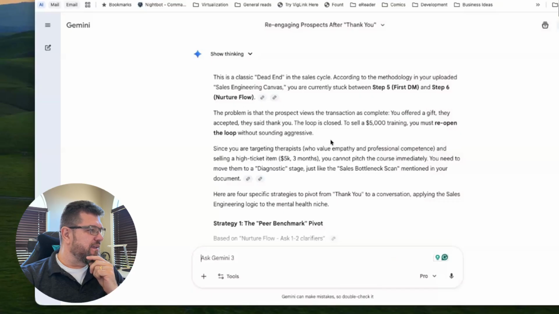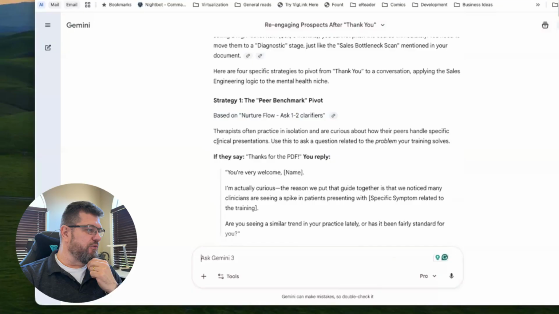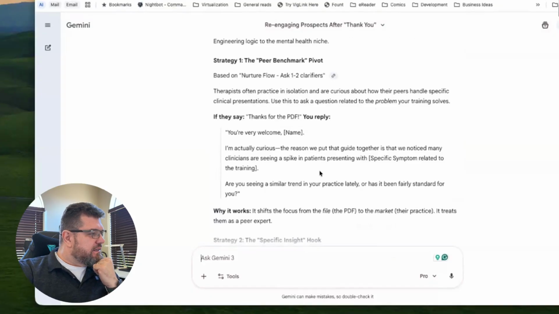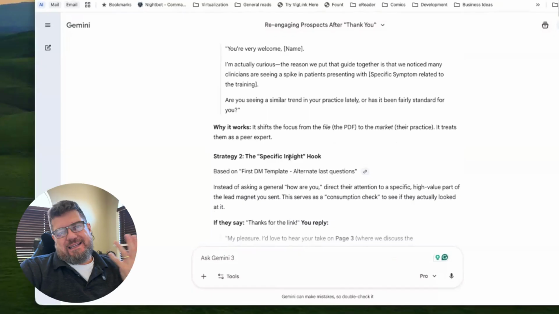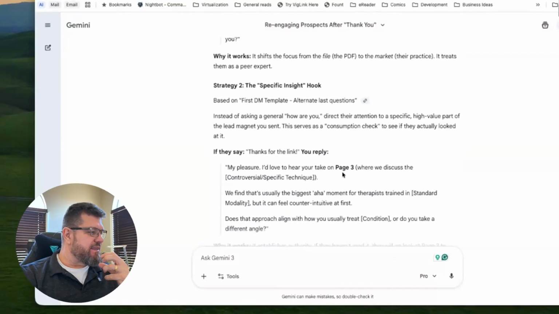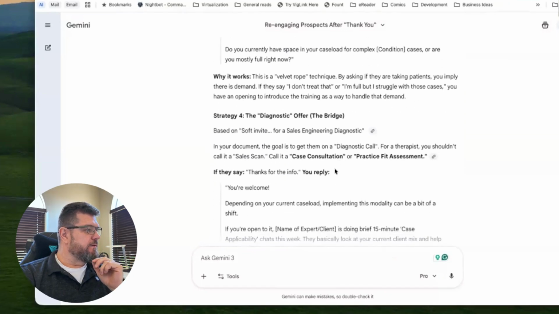Gemini starts talking a little bit about it and then provides the path. And it looks like the path is similar, but I like the way Claude humanizes things. But this one is also a very nice recipe to get it done.